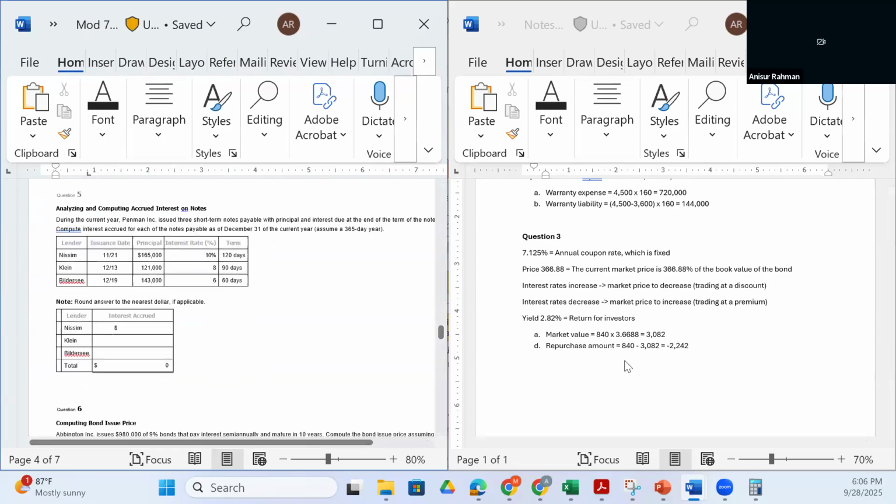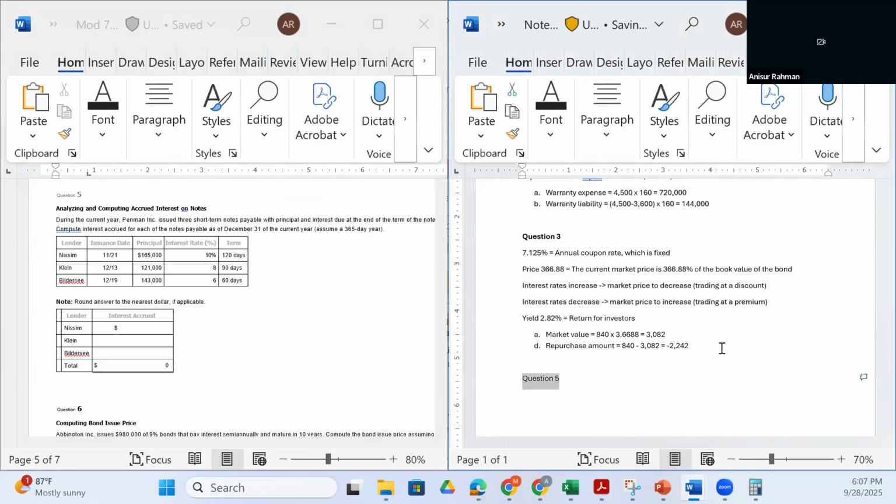Now let's do question 5. So we have to find out interest accrued on notes payable. Compute the interest accrued for each of the notes payable as of December 31st of the current year. Assume a 365-day year. So actually, these are very straightforward. So for Nissim,